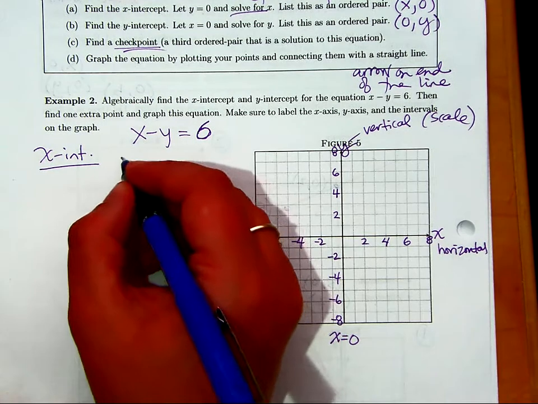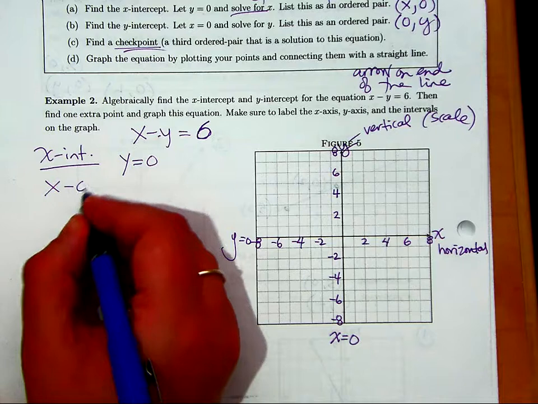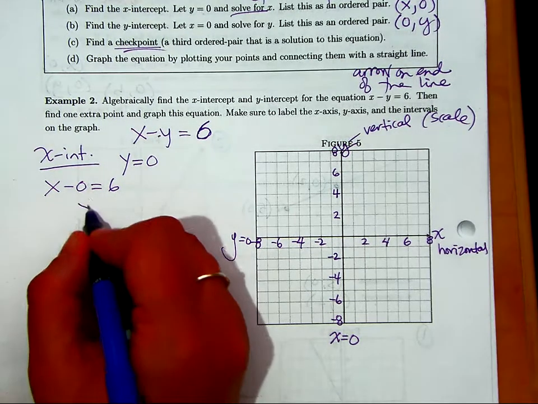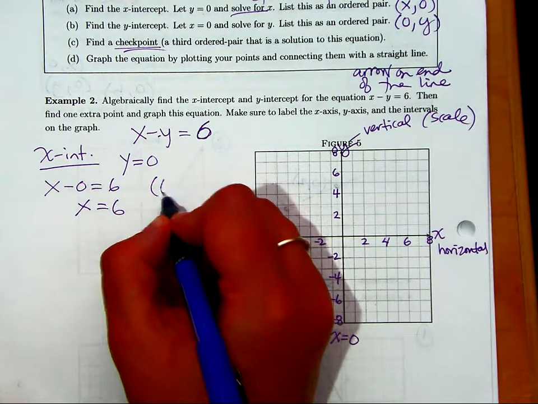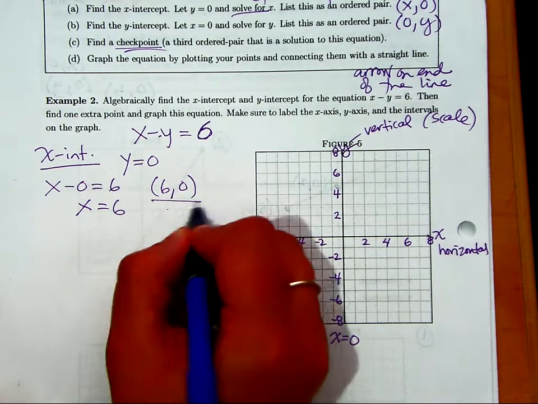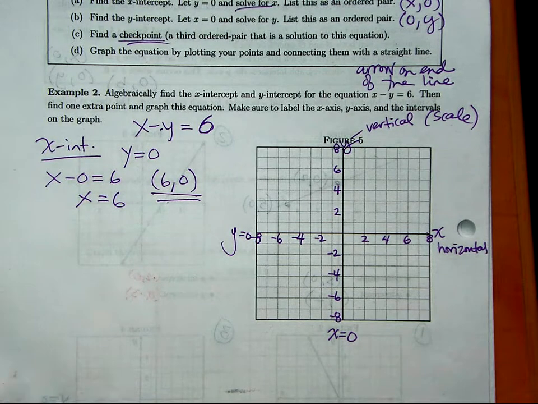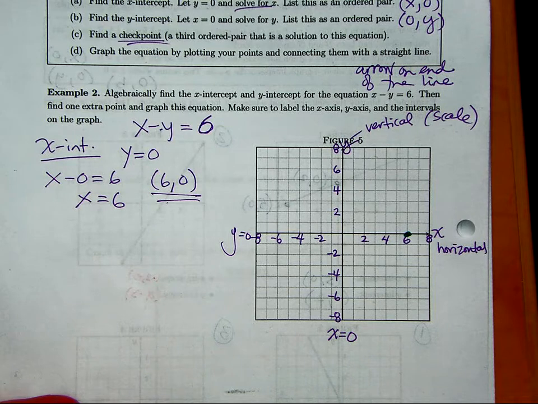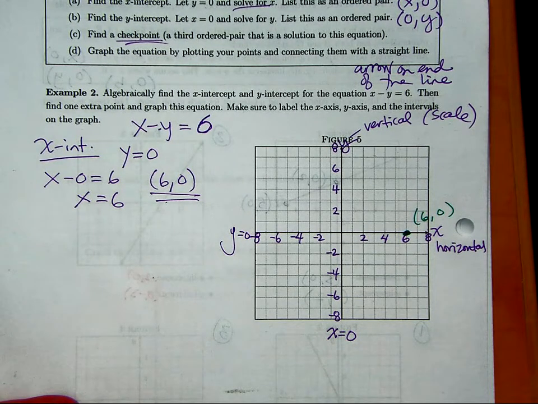Y equals 0. So if we set y equal to 0, all that's left, x minus 0, is 6. What's x minus 0? So x equals 6. So that ordered pair will be (6, 0), the intercept. So I can go over to my graph, and I'm going to go over 6, up and down 0. You notice that I'm on the x-axis. (6, 0) is my x-intercept. The x-intercept always happens on the